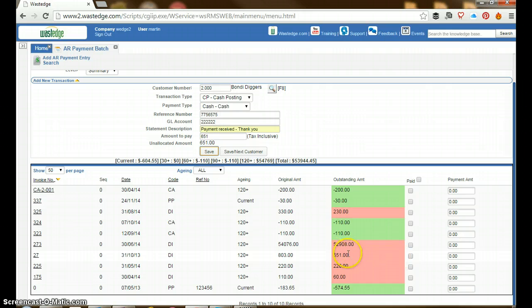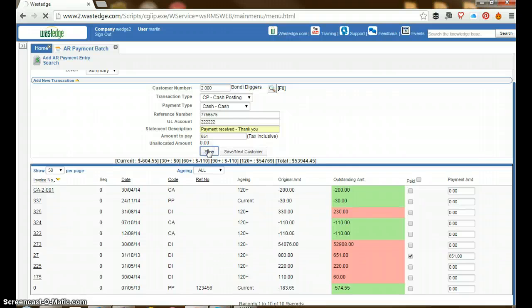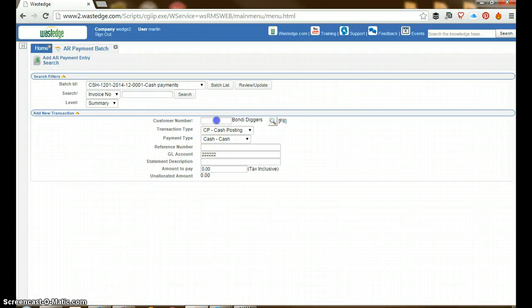Now I happen to have an invoice here that matches that amount exactly. In fact, the original amount was a little bit higher, but the outstanding amount is $651. And if you basically just tick the box here, that will set this amount to $651, and that says the unallocated amount is now 0. That basically applies money to that particular invoice,